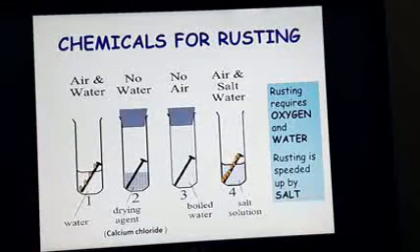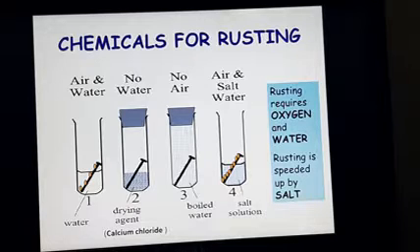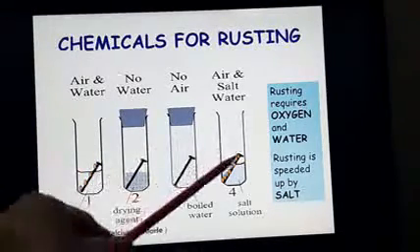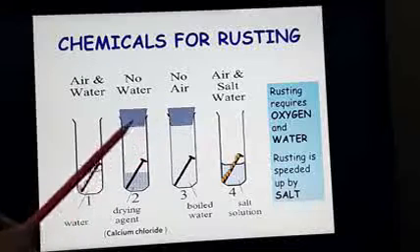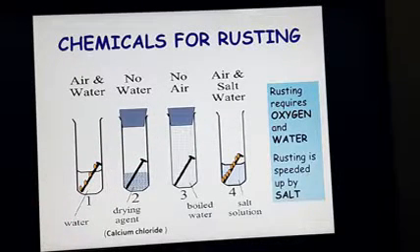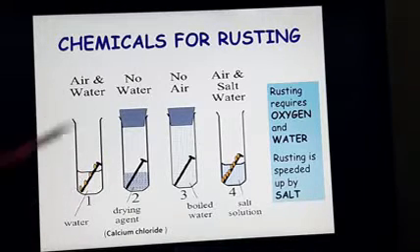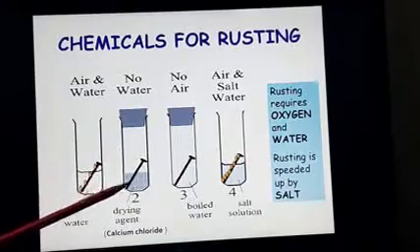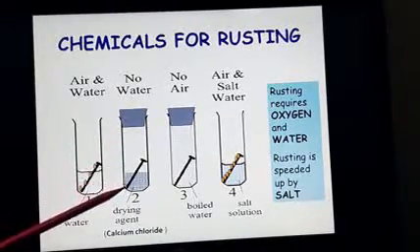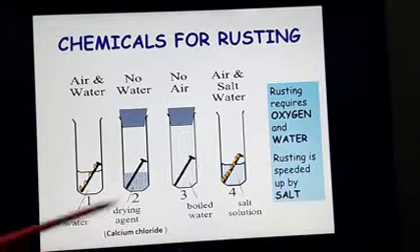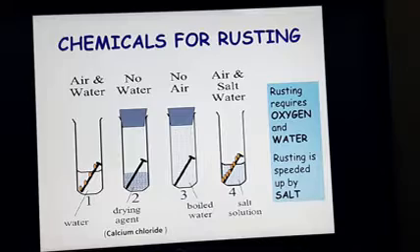In your book, you have a little activity which explains the factors required for rusting. Here we have 4 test tubes, and you'll notice that 2 of the test tubes are open and 2 of them are closed with a rubber stopper tightly. Now in the first test tube, you've got an iron nail and you've got water and air. In the second one, we have a test tube with an iron nail, and there is a drying agent like calcium chloride, and the work of this drying agent is to take away all the moisture.